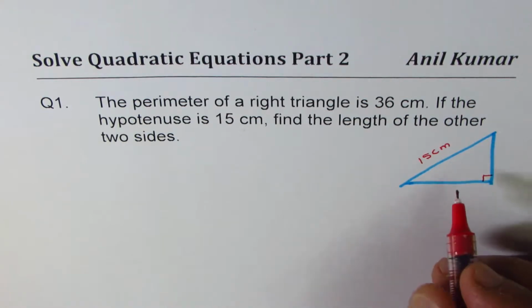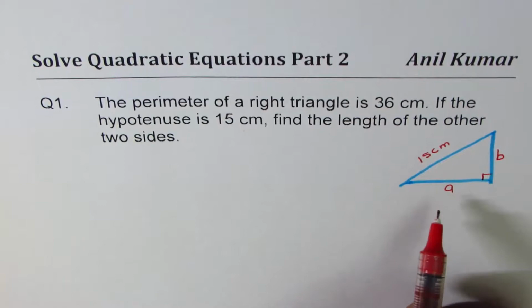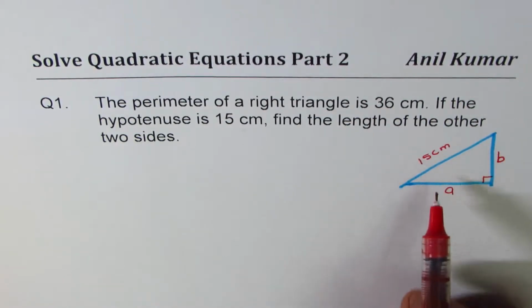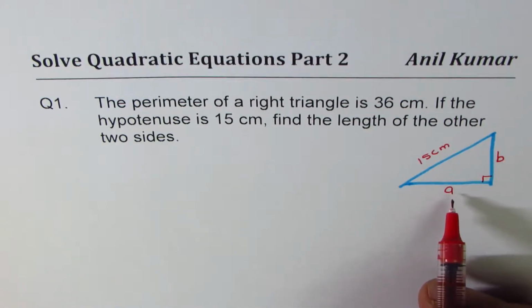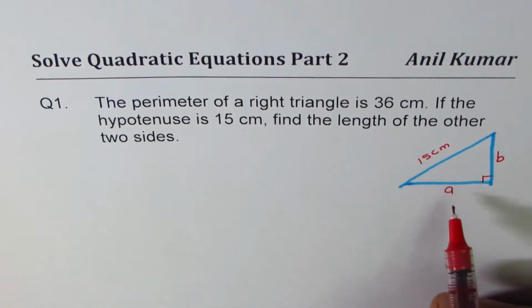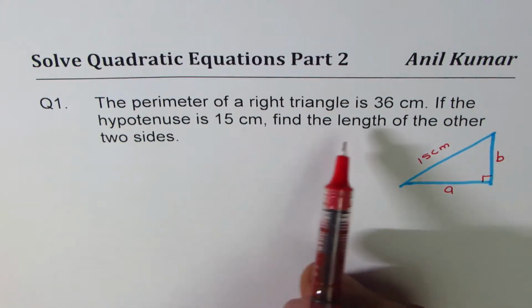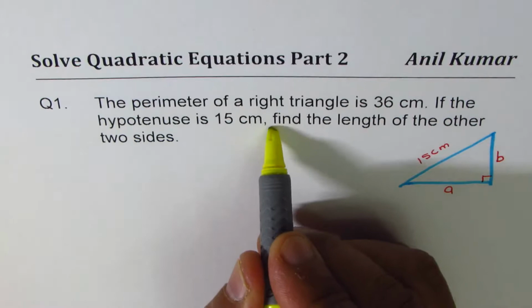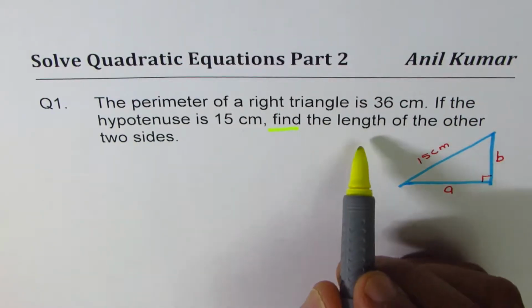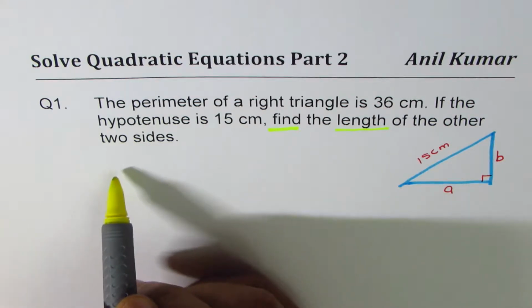Now let the other two sides be A and B. Once you define your variables, in this case the variables are two sides whose lengths are A and B. Now why did we take that as our variable? Since the question says find the length of the other two sides. So always you have to see what you have to find. So this word is a key word and it defines what you need to set aside as